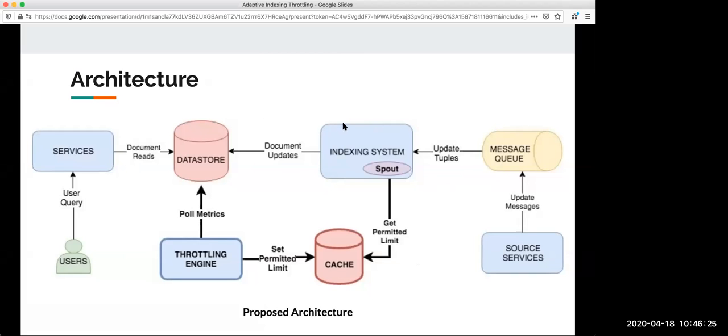Now our indexing system had a spout. Spout is just the guy who is interfacing with the Kafka queue. So the spout read that value, and it emitted the updates to the indexing system at that rate. So this is the architecture we are proposing.